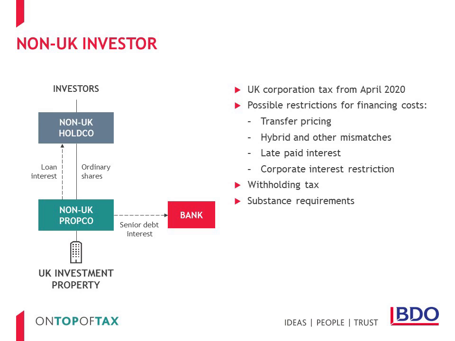This should be done early on based on forecasts and not left until late in the compliance cycle. This is because one of the key elections, the Public Benefit Infrastructure election, must be made before the accounting period ends. So what are groups doing following the corporate interest restriction? Well, some simply have to concede that there is no longer a benefit of having shareholder loans and using preference share funding instead.